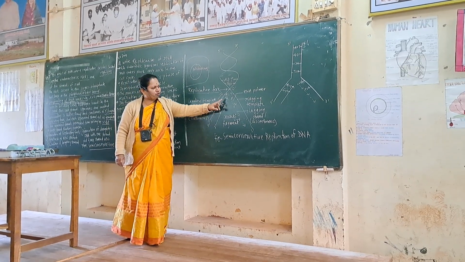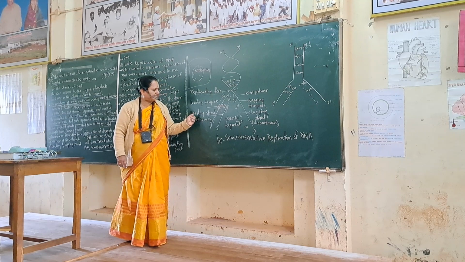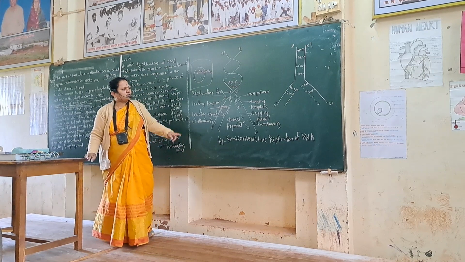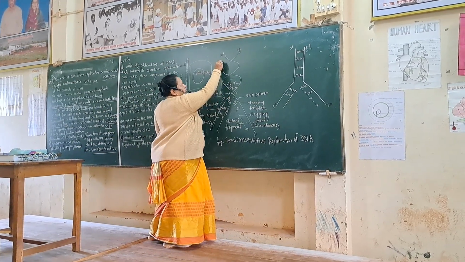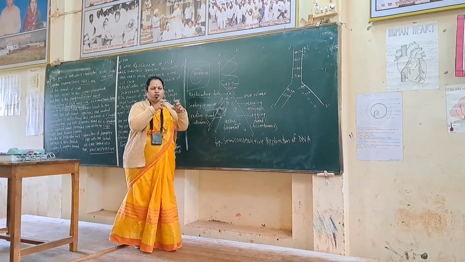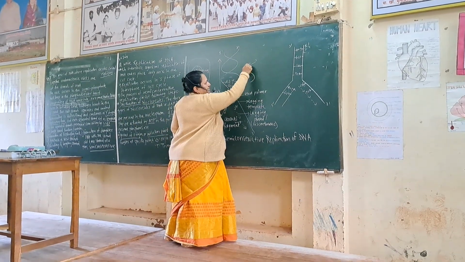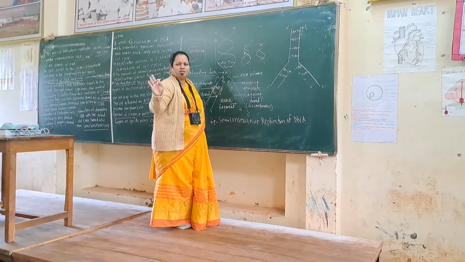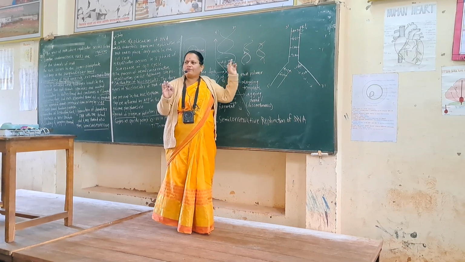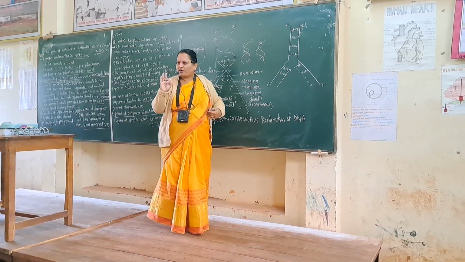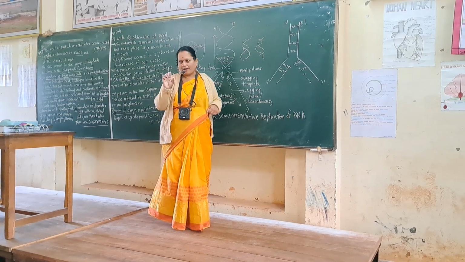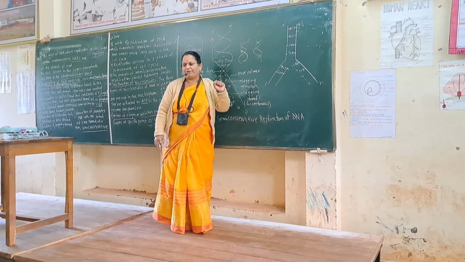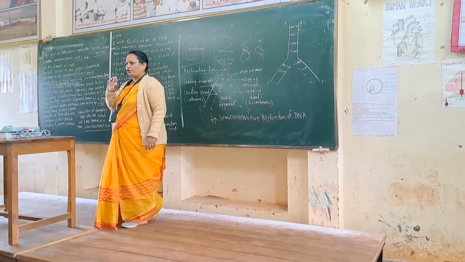In this way, these nucleotides are arranged in a continuous manner in the leading strand, but in a discontinuous manner in the lagging strand. Finally, this unwinding takes place throughout the length of DNA, and two daughter DNA are formed. In these two daughter DNA, one strand is from the original mother DNA and another strand is new. Therefore, this method is called semi-conservative. Semi means half. Conservation means original DNA as it is.